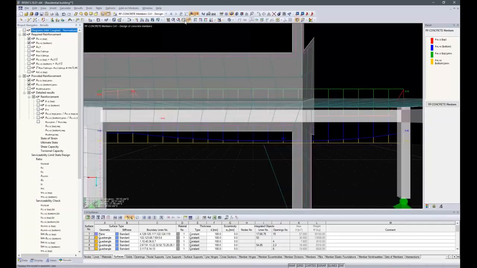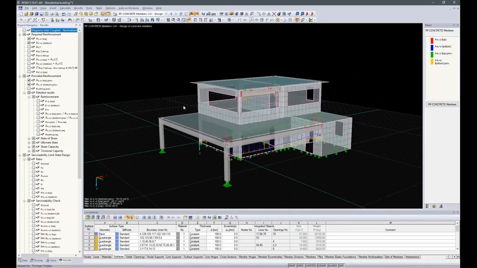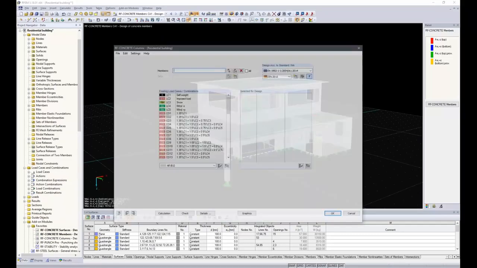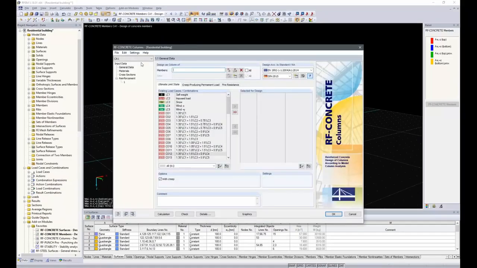cancel the visibility mode and show the whole model, and I go into the column design. Next module, again, all the modules are similar, so you get used to that very fast. At first I have to select the members in this module, and I can click on all. Only the vertical members are recognized as columns by the program, so only members number 1 and 2 are selected